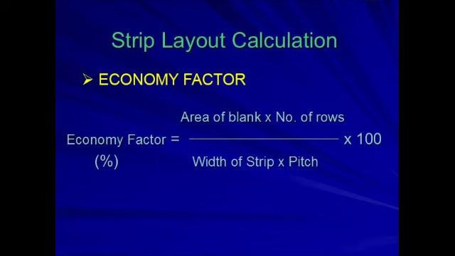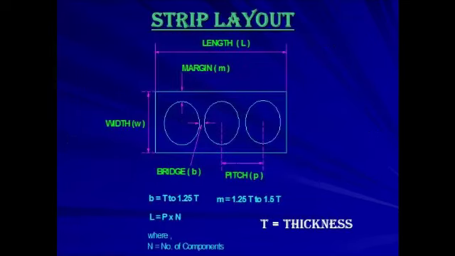The position of the blank in the strip decides the economy factor. Which are the terms we have to use during the economy factor? First is the scrap bridge. This is the portion of the material remaining after the blanking operation between one edge of the strip and the cut portion. You can see in the image. The portion of the material remaining between the two adjacent openings after blanking is called the scrap bridge. You can see in the image.